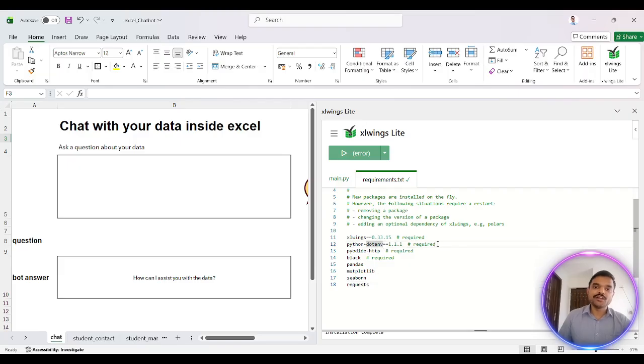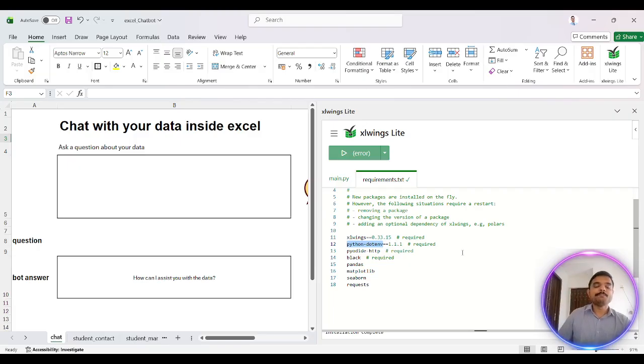After that, the python-dotenv library. What is the importance of python-dotenv? What does it do, why we use it, and what are its key features? Whenever there is a .env file present inside your folder, python-dotenv 1.1.0 is listed in requirements.txt. Python-dotenv loads environment variables from a .env file into your Python application. Why we use it? For security best practices, you should never hardcode API keys directly in your code. This library helps manage sensitive configuration securely. After that,